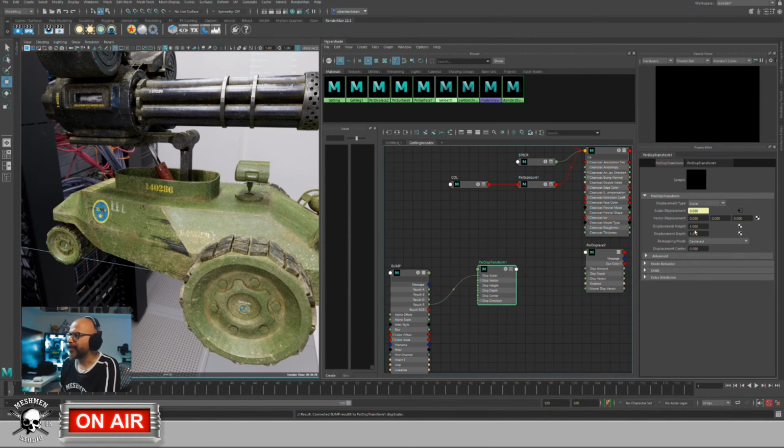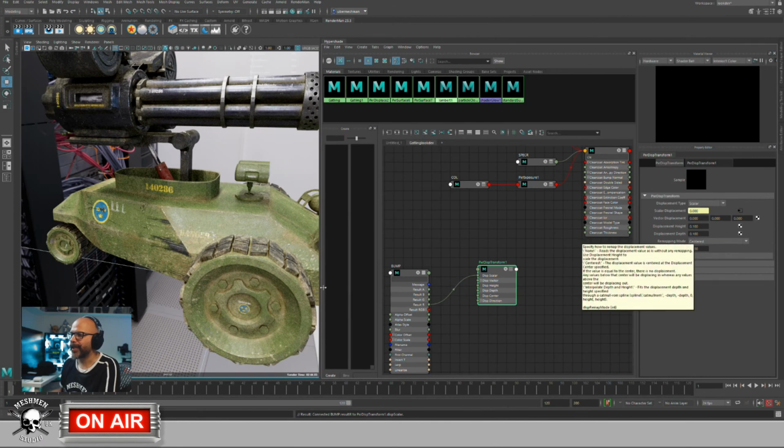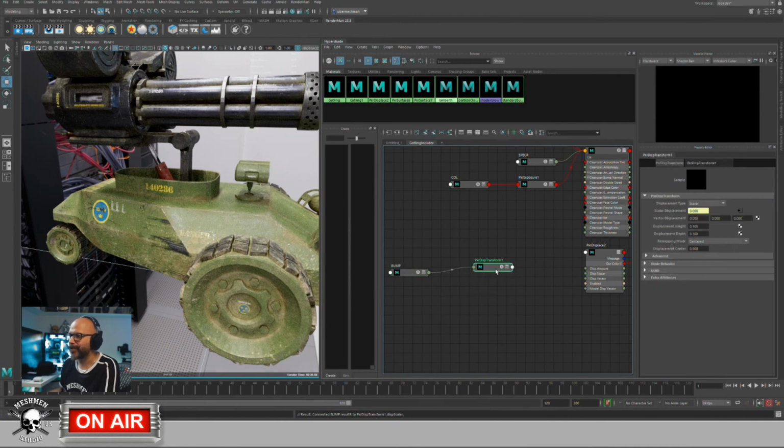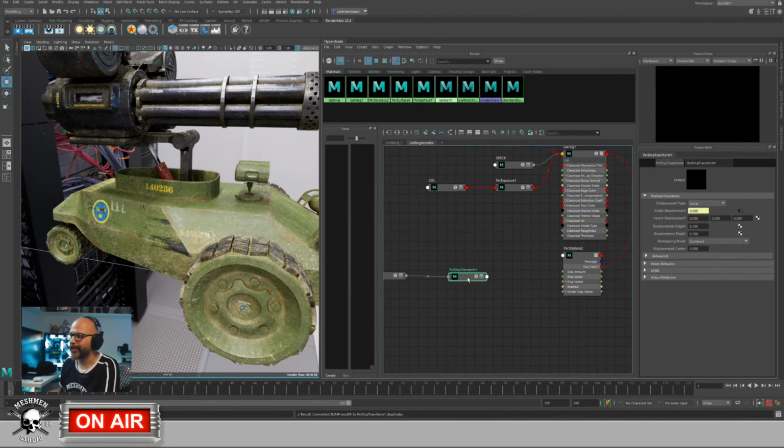And now we want to set the height and depth. So I know that I need to take this down a lot. So let's take it 0.5, that's 0.1 and 0.1. So it's gonna push values above 0.5, 0, 1 up or 0, 1 down. This depends on the values you have painted with, so can be different for your different maps. Or you can also set this to, there's two schools to do this. You can set it to 0.5, 0.5,